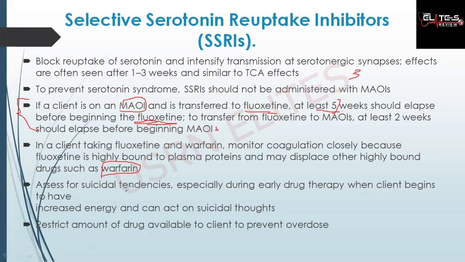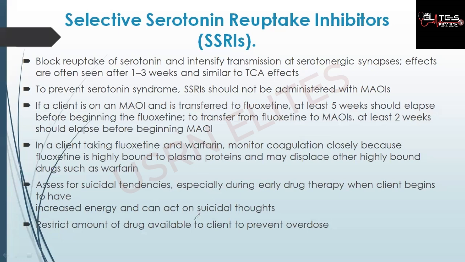Then what else can we say? Watch for suicidal tendencies, especially when you're switching among antidepressants, especially for younger adults, for younger ages. You have to be very, very careful. So whenever you see a question like that, suspect what? Especially when it's very new to that person, or we are switching among antidepressants, please look out for the tendency of suicide. It's likely to be suicide, unless maybe you have different answer options there.